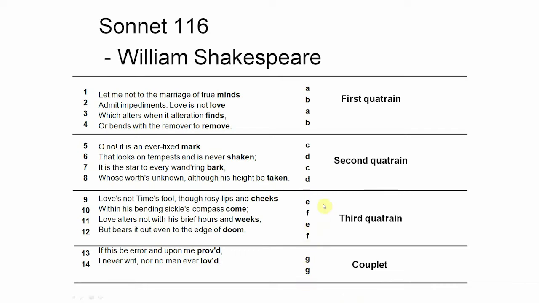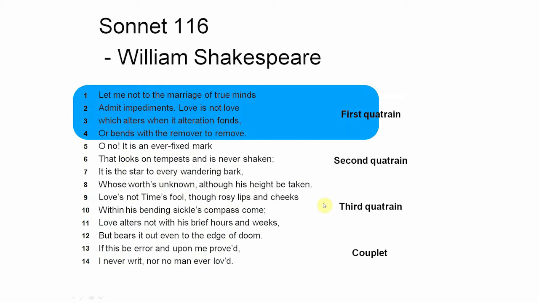If we look at the first quatrain of the poem, you can see the introduction to a particular topic. In this Sonnet 116, William Shakespeare is introducing us to what love is. So he says, let me not to the marriage of true minds admit impediments. While introducing the concept of love, he is going to tell you that he cannot accept what love is if it admits impediments.